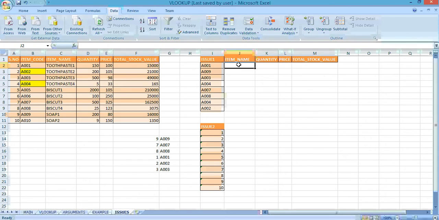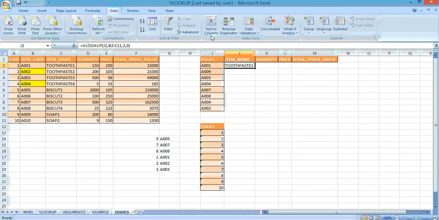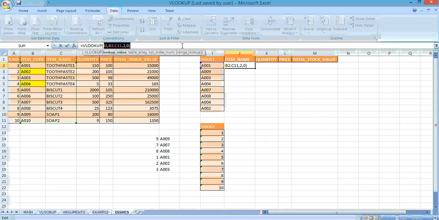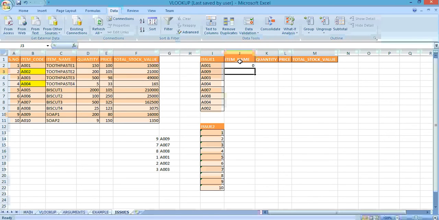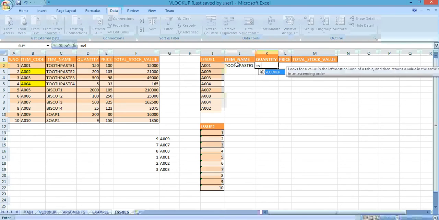Now I have these items, and against these item codes I want to fetch the item name, quantity, price, stock, everything. So I'll put the VLOOKUP formula. Now I want to get the quantity.